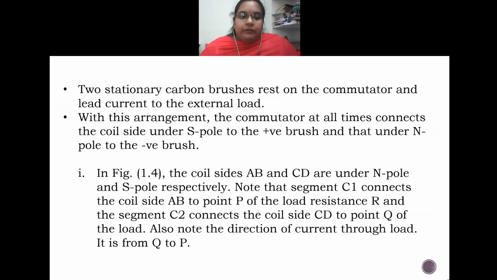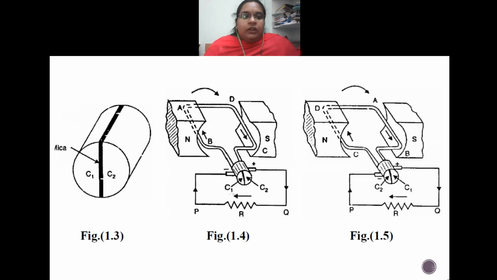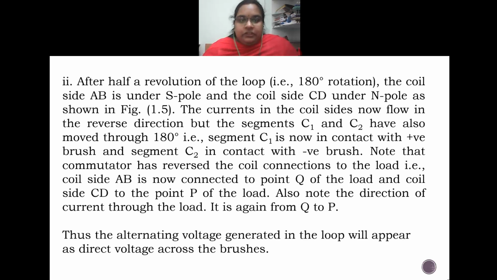In figure 1.4, the coil sides AB and CD are under the north pole and south pole respectively. Note that the segment C1 connects the coil side AB to the point P of the load resistance R, and segment C2 connects the coil side CD to the point Q of the load. Also note the direction of the current through the load, that is from Q to P. Okay, now after half a revolution